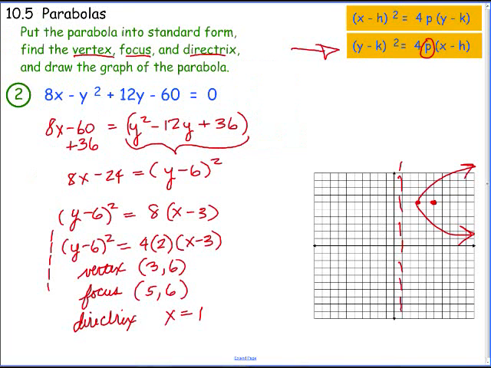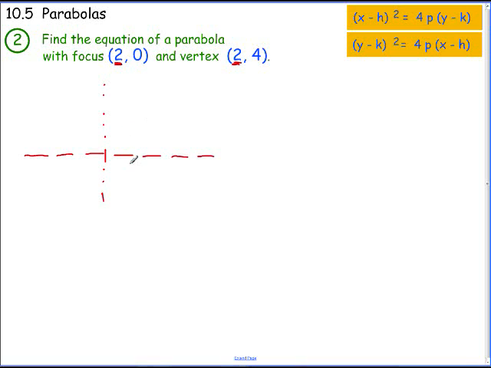Oh, let's find my place. So the focus and the vertex are both on x equals 2. So that tells me there's my line of symmetry. My directrix is always perpendicular to that. So we're talking about this form here this time. Let me do a little sketch here. I don't actually know where the directrix is, but I do know that the